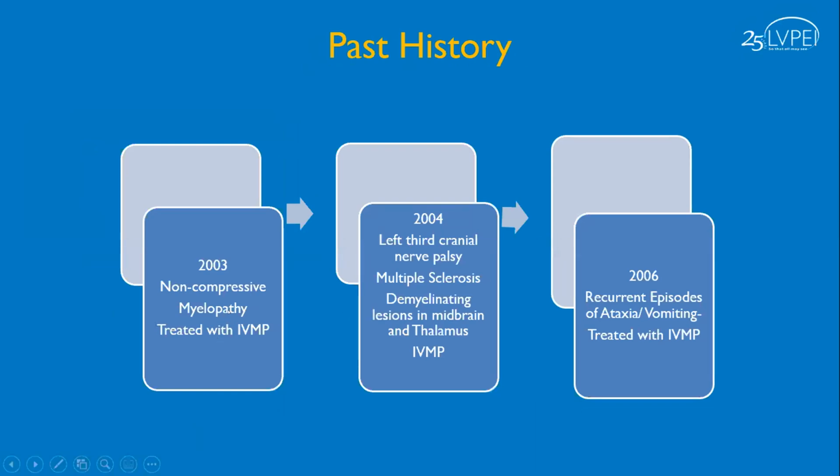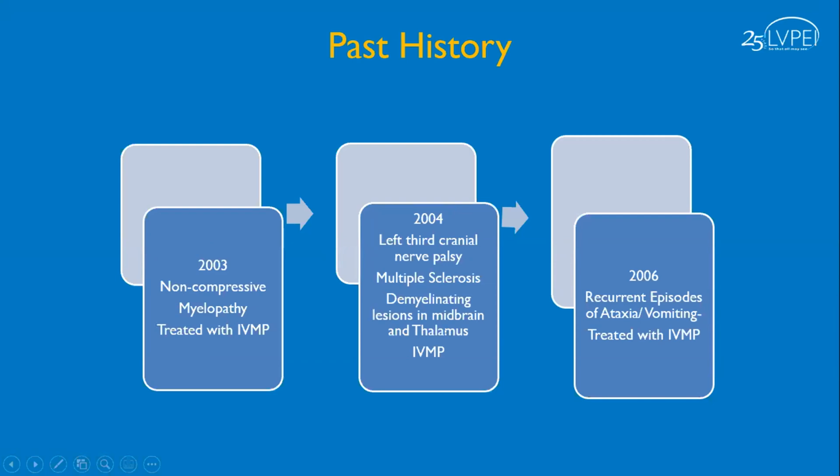There was a non-compressive myelopathy, and the patient was treated with a methylprednisolone course for 3 days, and there was remarkable improvement. 1 year later, she had a history of left side third cranial nerve palsy. At that time, she was diagnosed to have multiple sclerosis, possibly based on her MRI findings, which showed demyelinating lesions